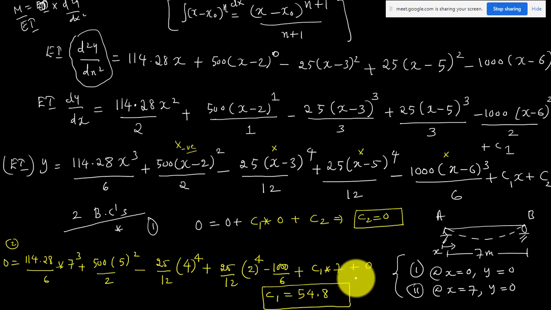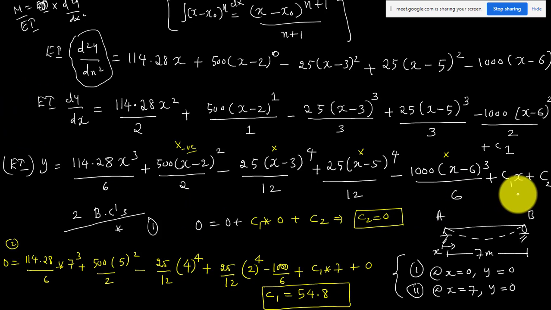Now we can find out the deflection at any point. I think I will explain that also, and there you can see how to find the deflection at different sections. Finally, now I got the values of C1 and C2, so we have the solution. I can find the deflection and slope at any point. Simply substitute the values of C1 and C2 in this equation and substitute the value of x.